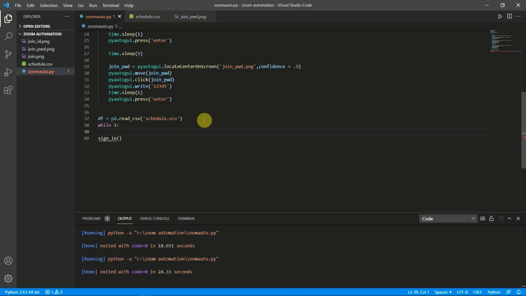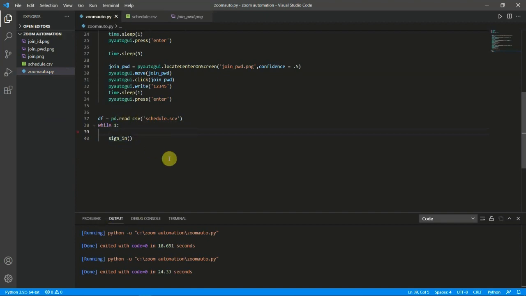This is an infinite loop which will be executed infinite times, where while 1 is always true, and it keeps working,